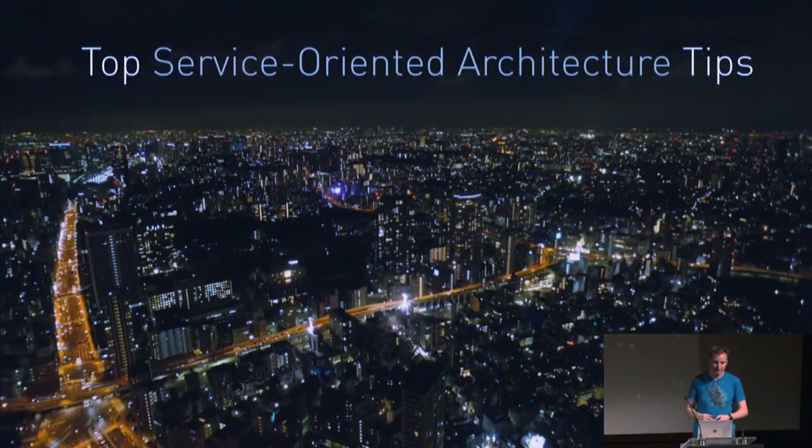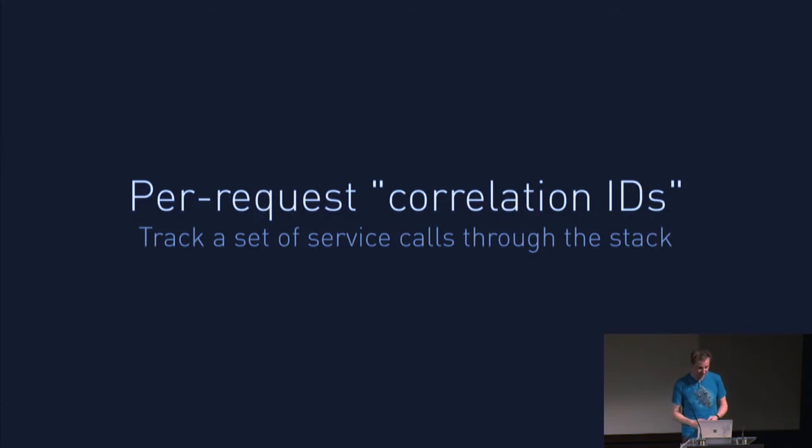And so feeding into this, I want to give you a few tips for both using channels and just in general doing service-oriented architecture if you're interested or starting out with it. So the first thing that I found very useful that was done before I joined Eventbrite was a thing called correlation IDs. Now this is a random UUID or other random string that's passed through an entire string of service calls. So say you make a web request.